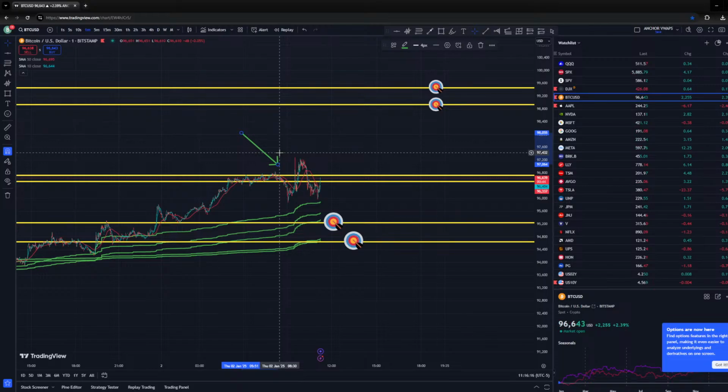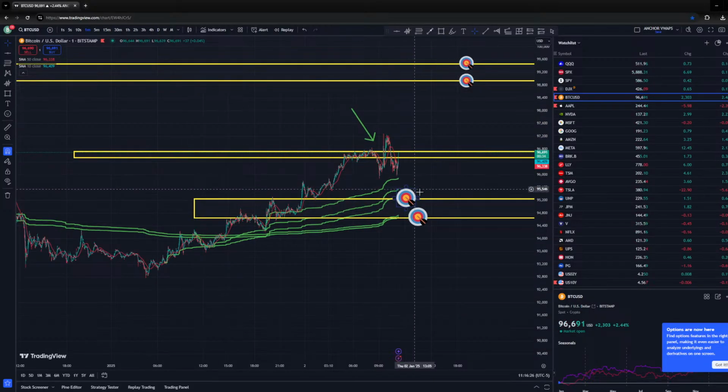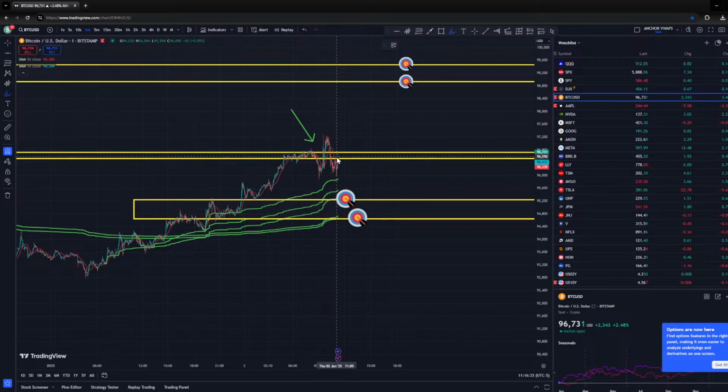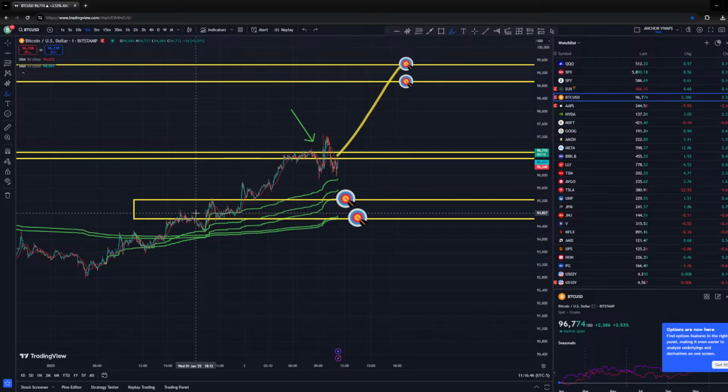Let you know what's going on. As far as Bitcoin's concerned, our long targets are going to be up to 98,845 to 99,500. Our micro pullback trend targets right now are about 95,265. So for me, it's either the market goes here, or vice versa, pulls back here, then tries to go there. Either way, everything is pointing to there for the moment, whether it goes straight up or does a pullback then goes, either one is totally fine. But those are the targets right now, 98,800 to